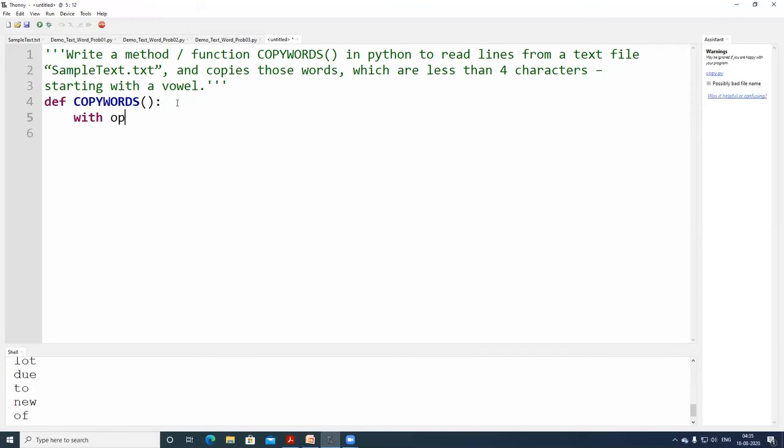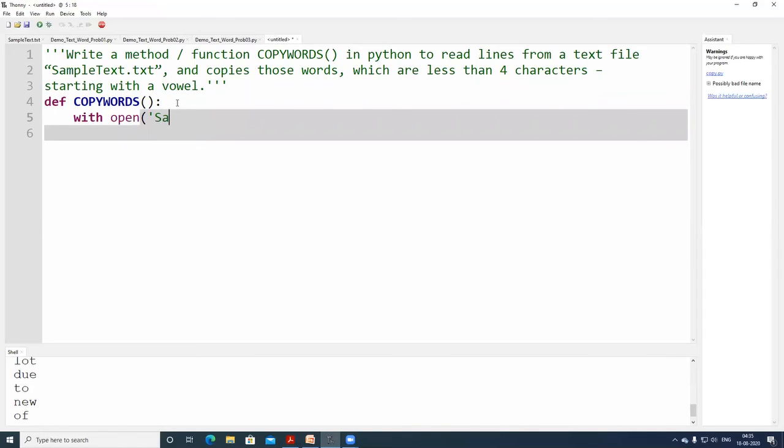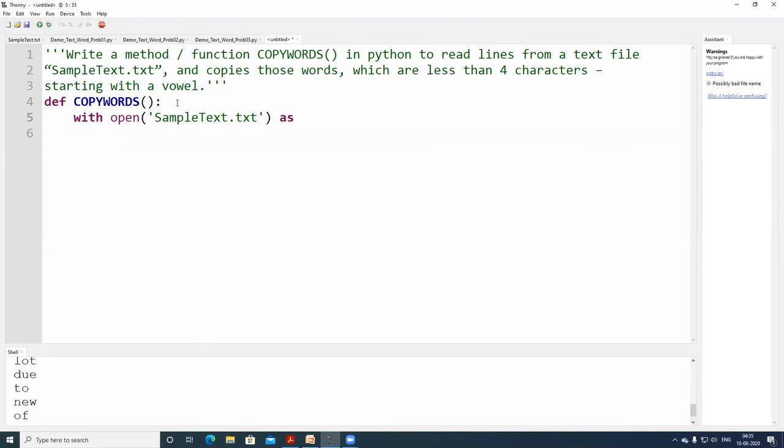I'm using the with open command as our file, the same thing. A reader is equal to our file dot readlines.